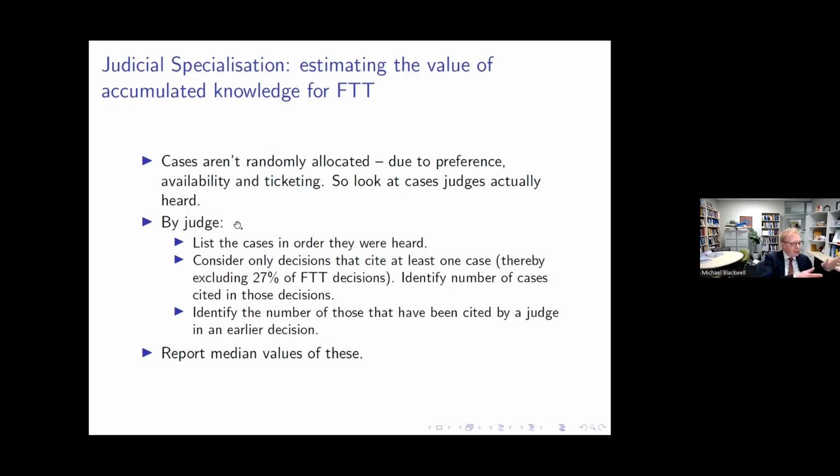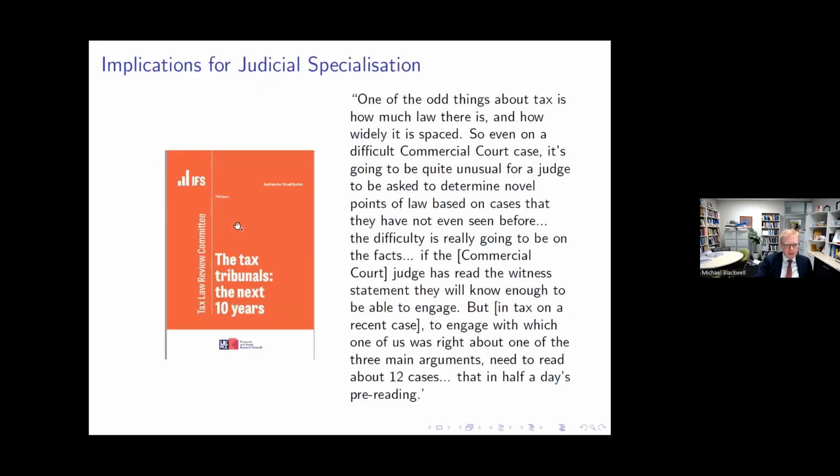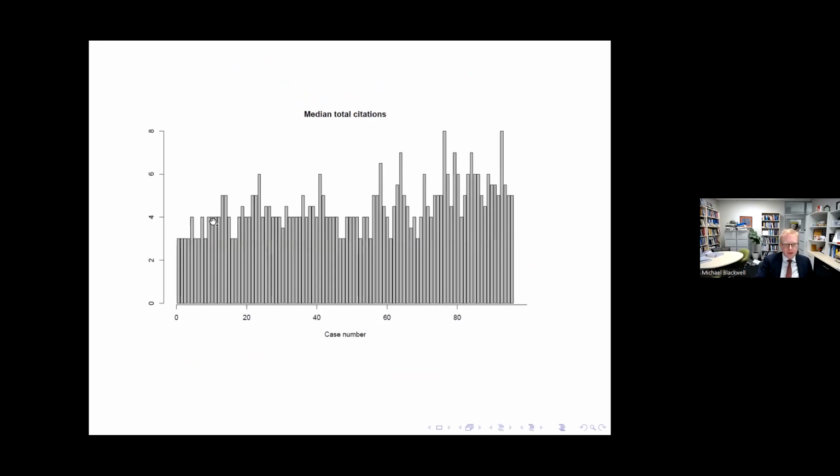And so I did this for each judge, and then the graph that you'll see reports the median result for the judges. So the median result for a judge on their first case, or the median result for a judge on their second or third or fourth or fifth case. This will become a bit more evident when I show you the graph. So let's do that. You'll see that on the first, second, third, and fourth cases, the median number of cases heard referred to in a judgment is 3.